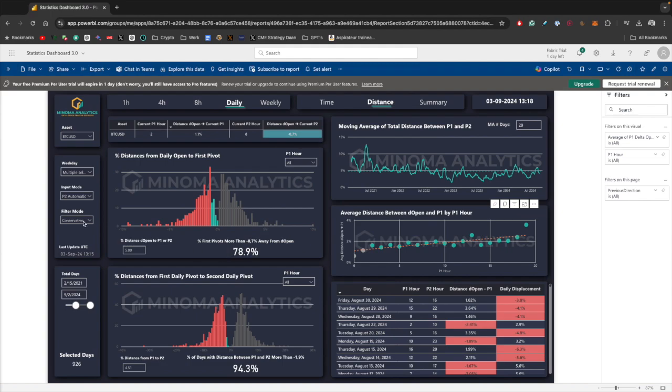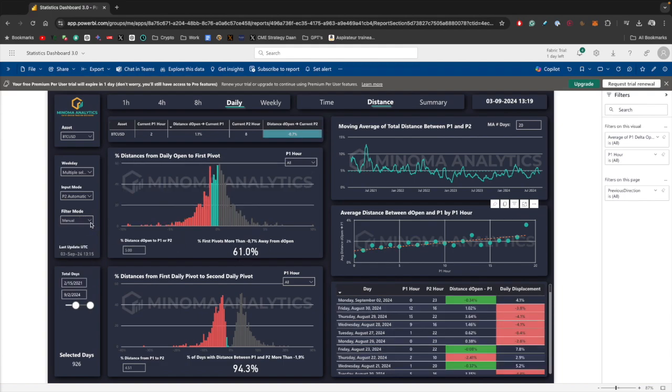So this is conservative because, generally speaking, this will give a higher value than if you include the manual ones or include all the filters. Therefore, this is called conservative because we simply have a more conservative estimate or derived probability of whether P1 will hold or not. It's good to note that if I select, for example, the current P1,